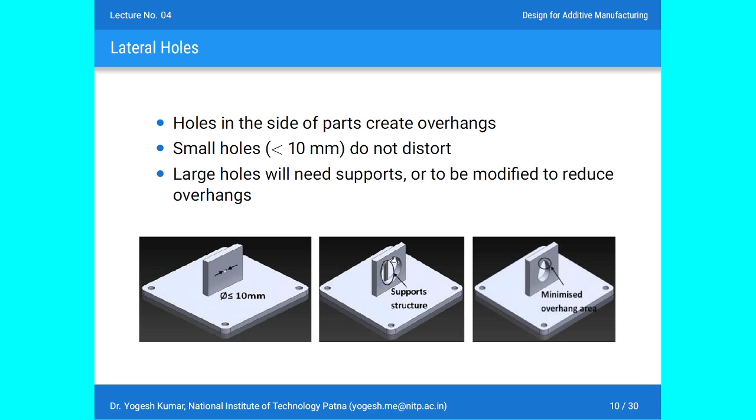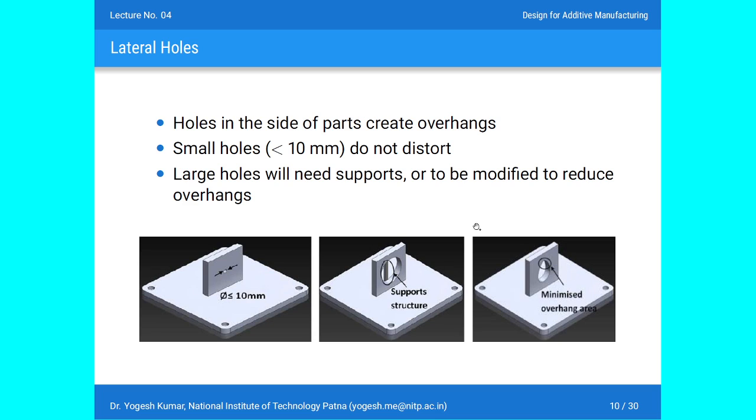If you choose to print without support structure, what will happen? Your component may not get printed appropriately, or it may collapse any time during the printing of your component. Because your product cost is very high, and if your product is collapsing during the printing process, then it will be a waste for you.